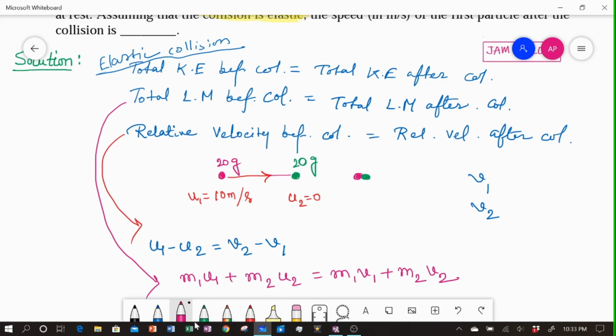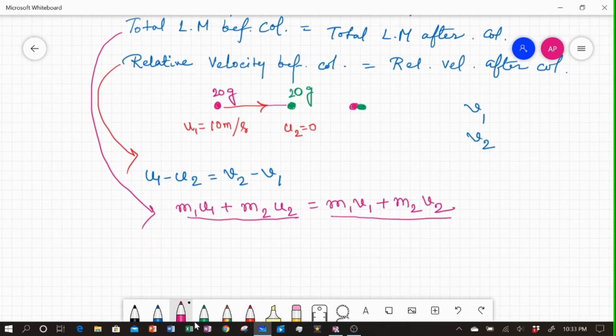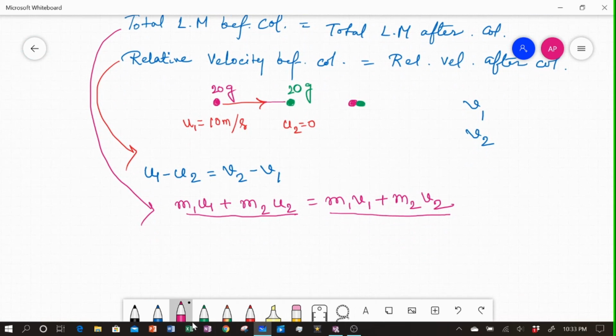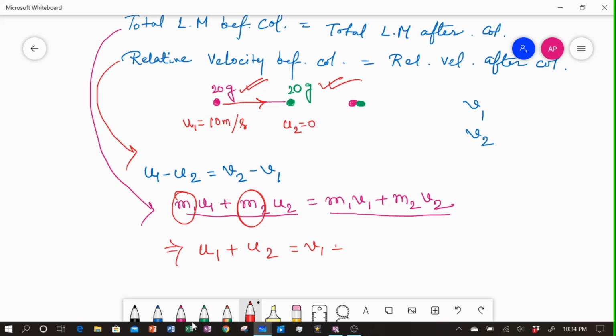Okay, sum of the linear momentum before collision equals sum of linear momentum after collision. Now we know that m1 equal m2 because each of them has mass 20 gram, right? So we have u1 plus u2 equal v1 plus v2,